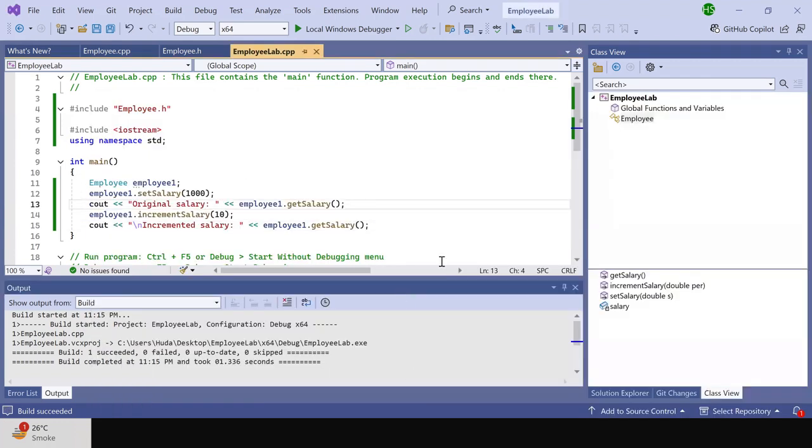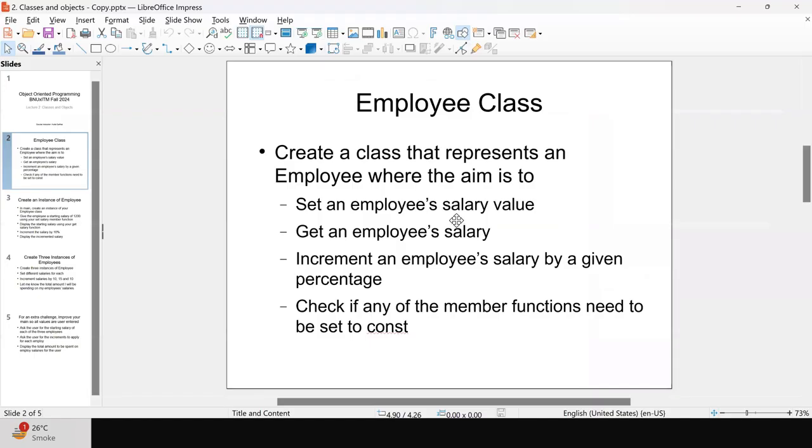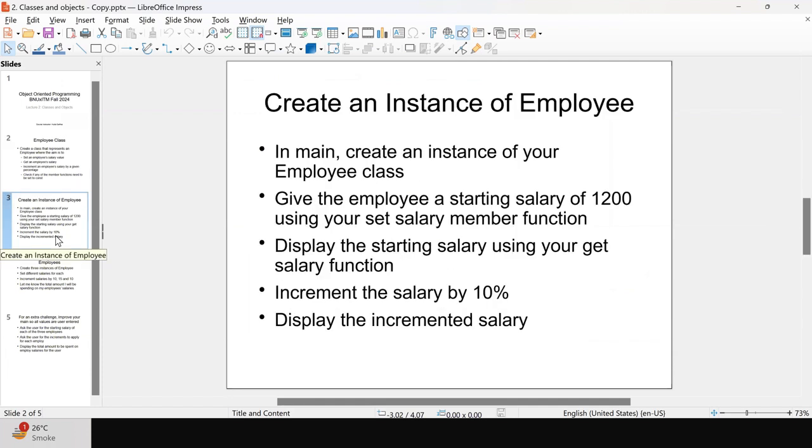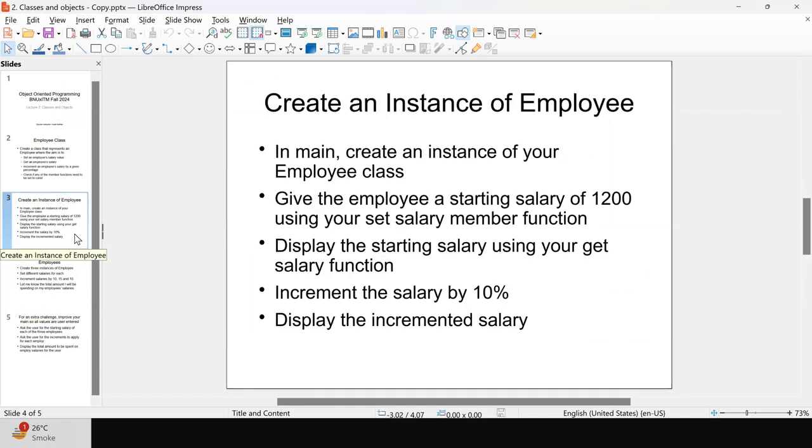So I think we did up to this bit in class today. Let me move on. So there was a part where I said कि check if any of the member functions need to be set to const. So I will leave this as an exercise, but I will do the lab bit. So in my lab, I've actually said कि एक particular value इस्तेमाल करो, but that's fine. You can do it on your own. Essentially, I've shown